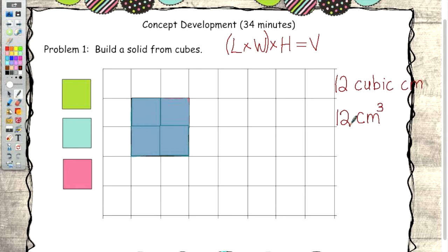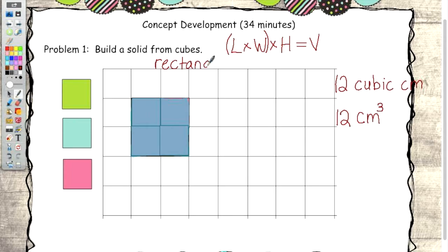Okay, so I'm going to give you a word. It's a geometry word. Okay? And this only works if the base is the same as the top. Remember what the base looked like? You could even slide your cubes over, couldn't you? And look at what the base looks like. Is the top of the structure the exact same size and shape as the base? Yes. So we will call this, and you've probably heard it before,